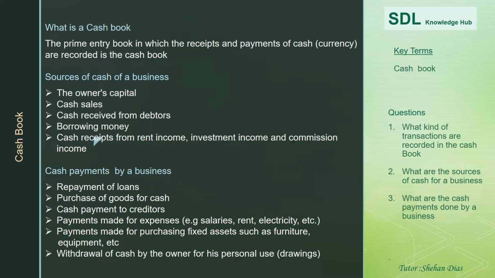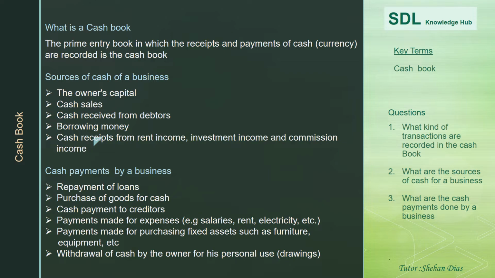Owner's capital infusion as cash, then cash sales, then money received from debtors from credit sales, then borrowing money from banks and other sources, then also cash receipts from different types of income sources like rent income, investment income, and